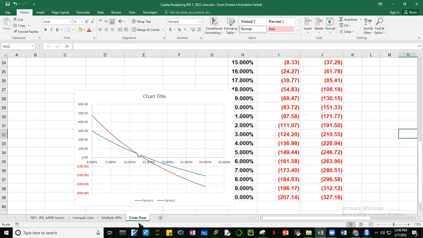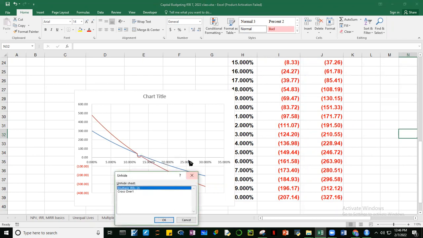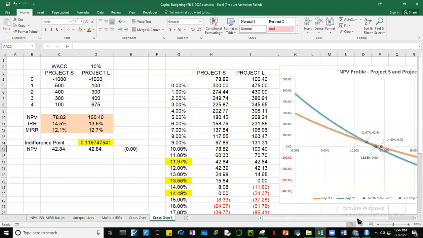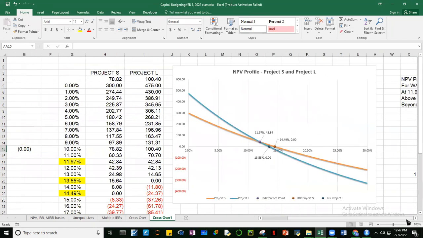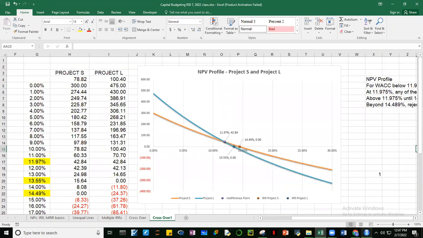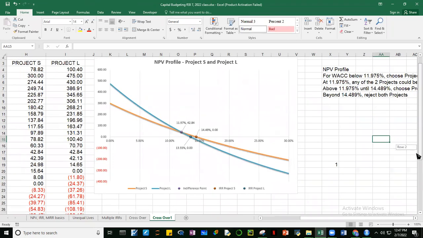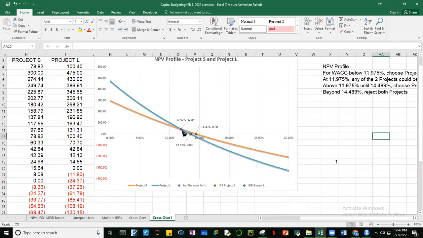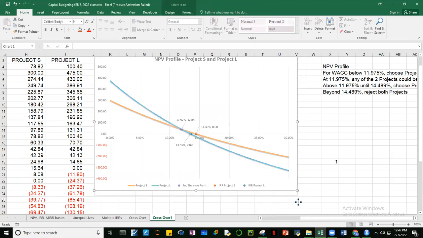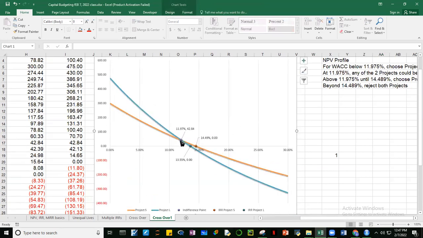It's already time. But if you click this, mag-unhide tayo, no? Unhide. There's one worksheet here that I have hidden, yung crossover one. Click natin to. Okay, so pareho lang yung guys, it's the same thing. Pero this is now the correct plot. And you have here the conclusion. So ito yung mga plots natin. Ito yung crossover point natin. This one.